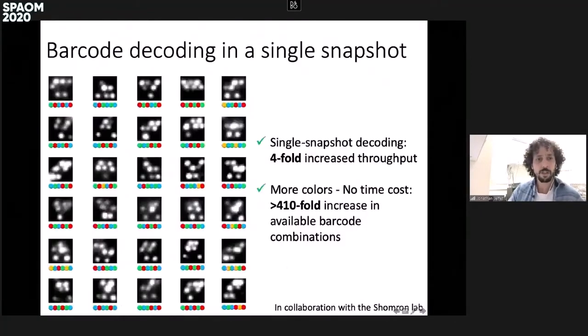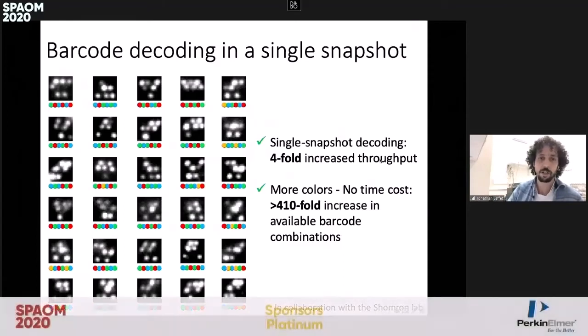And this matrix decoding imaging enables you to have a larger throughput because you just need a quarter of the acquisition time to get all the colors. And also because you don't pay any more time for each additional color, you can introduce more colors and have up to 400-fold increase in available barcode combinations relative to the commercial system. So this is a big